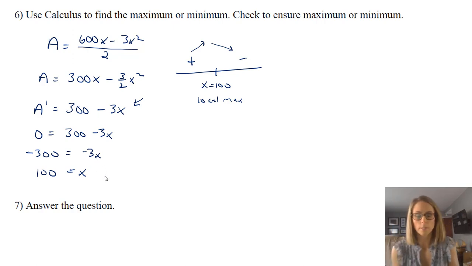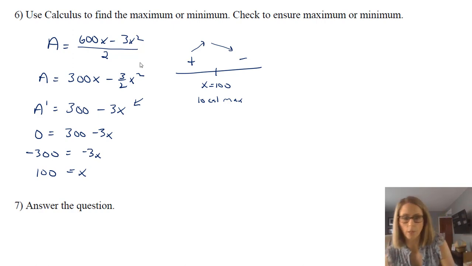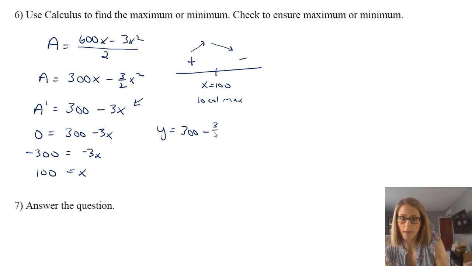So the other thing we need besides x equaling 100 is we need our y, because if we look back at the question, it says what size should the corral be? So that's really telling us find your x, find your y. And sometimes they might ask what is the biggest area that can be enclosed, and you can find that as well. So let me find y, and we know what y is because we have it back in one of our earlier steps, that y is 300 minus 3/2 x, or without the division here.